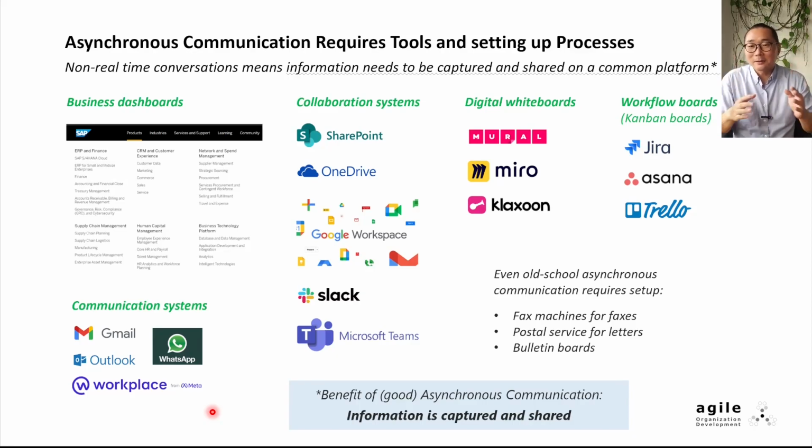So if digital asynchronous communication tools are set up for the teams, but no effort is made to help people agree and buy in to use that platform, adoption will be incomplete. And if adoption is incomplete, then the information captured and shared there would be incomplete too. This highlights an important benefit of asynchronous communication, that is, natural, good quality record keeping. If the asynchronous communication is used well by the team, then information is captured and shared effectively. This is a real big benefit of asynchronous communication.